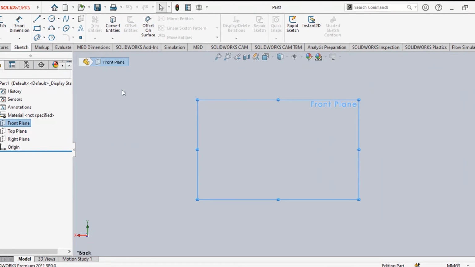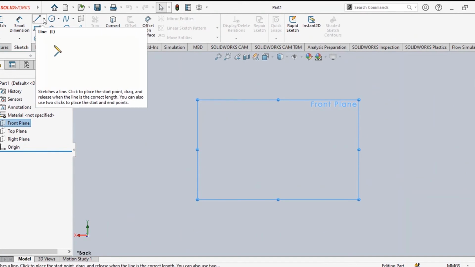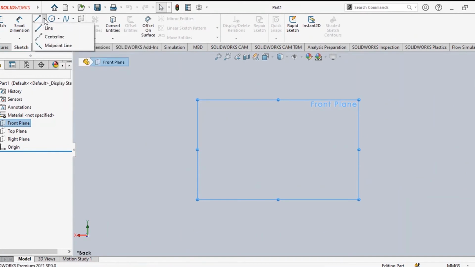Now here in SolidWorks, one very important point is, if you draw anything, initially we need not provide any kind of dimensions. If you draw anything, finally you can add dimensions. Dimensions you can edit any time. So when you are drawing anything, first of all, you have to start with these sketch tools. First one is actually line. Again, if you click the triangle over here, you can see there are three different types of lines.